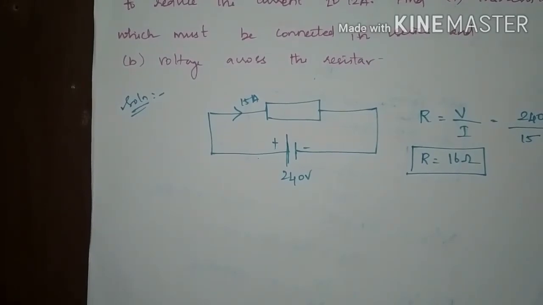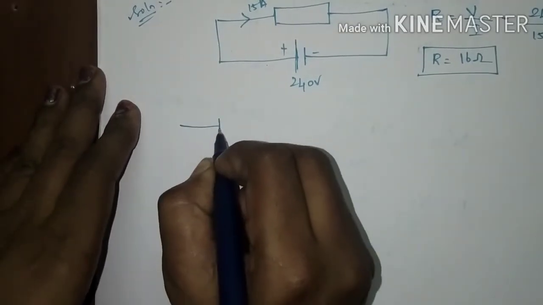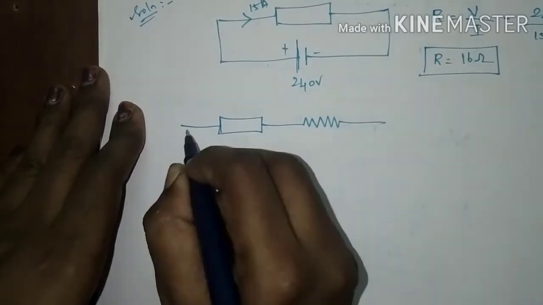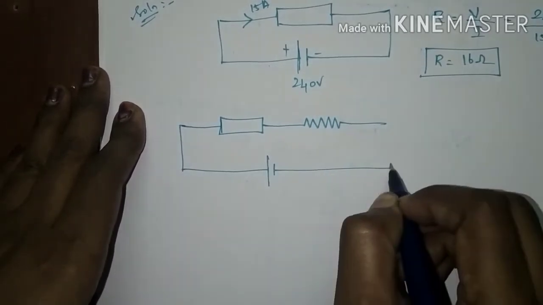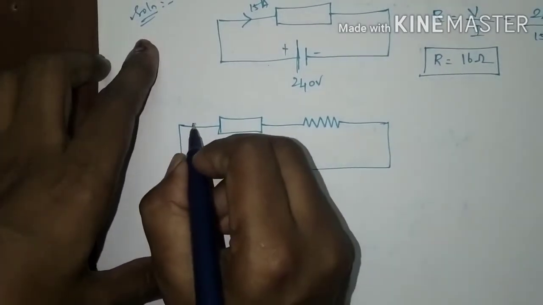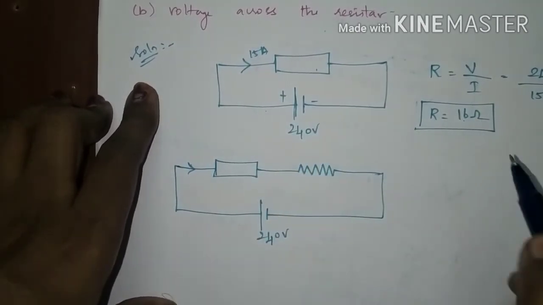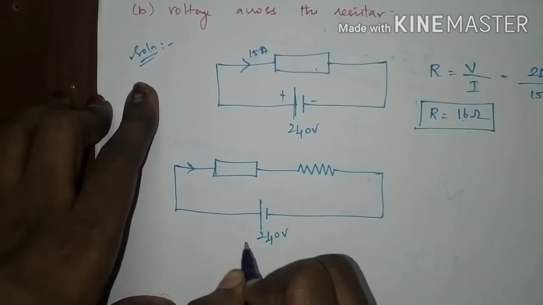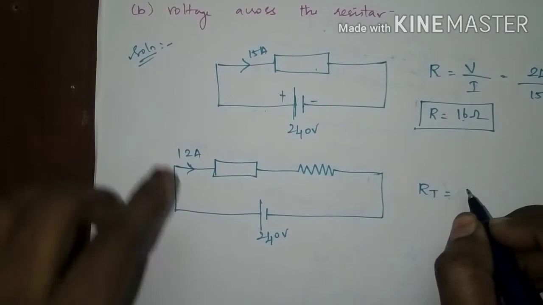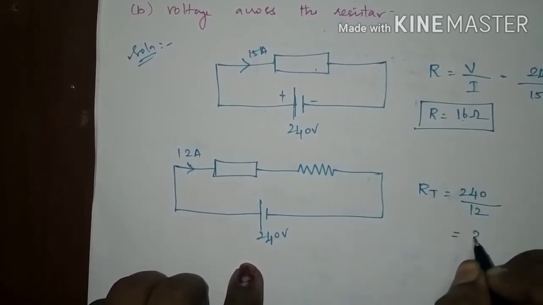Resistor will resist the flow of current. We can see the circuit to reduce the current value. See, the oven has been connected with the resistance in series across 240 volt. We know the resistance of the oven is 16 ohm, right? Now the circuit must carry 12 ampere current. So the total resistance to flow the 12 ampere current is 240 divided by 12, which is 20 ohm.